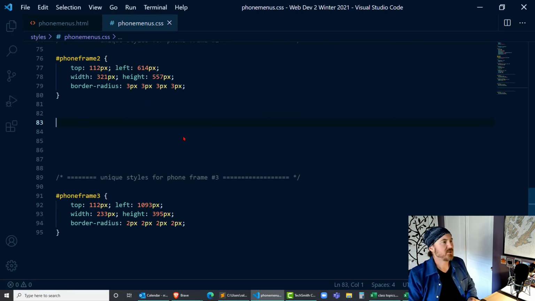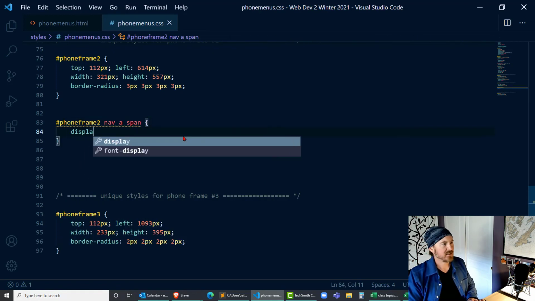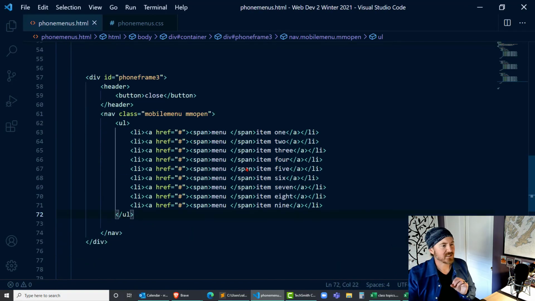For phone 2, phone frame 2, nav, anchor, span. I'm going to do a display none. That's going to get rid of the span text. Now this of course takes some thought when you're developing the original nav menu, and you're going to want to make sure that if the text is removed from that menu item, the shortened version is still descriptive to what